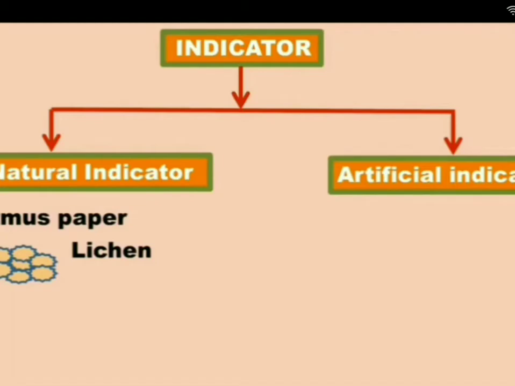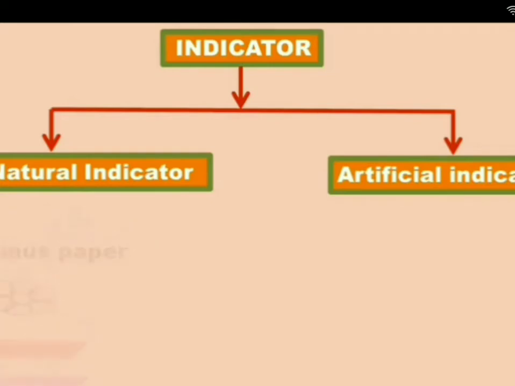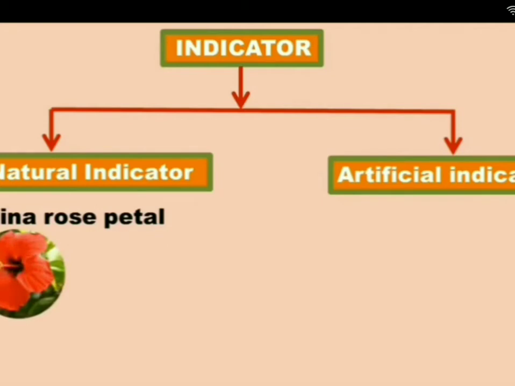What is lichens? Clearly it is nothing but the symbiotic relationship between algae and fungi. There are two types of litmus paper, red litmus paper and blue litmus paper. And one more type of natural indicator is turmeric. You can make a turmeric paper also. You can make a paste of turmeric and rub that paste on the paper. You will get turmeric paper. In A4 size papers, you can rub the turmeric. Okay, so you have to make it at home.